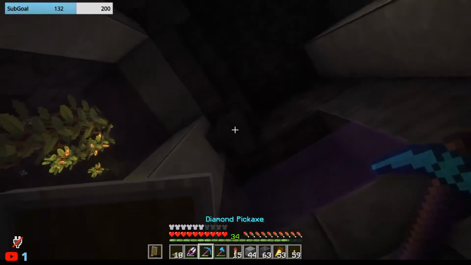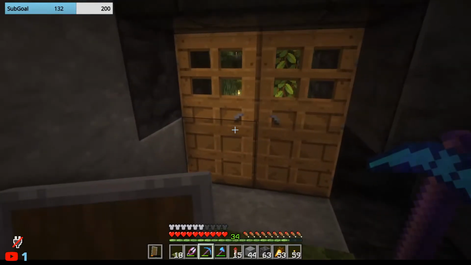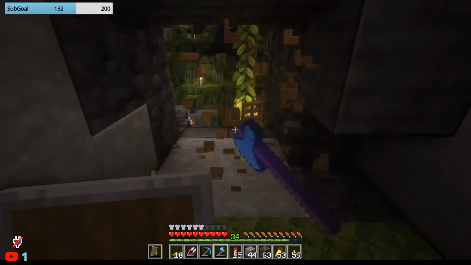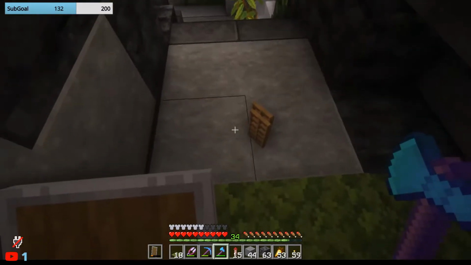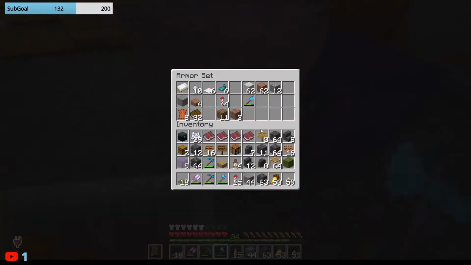But there's a way to do this, I think. Let's go ahead and play with it just to see what we get. I don't mind tearing up my door a little bit. This texture probably shouldn't be here anyway. All right, I need to put some stuff out. Let's get rid of this deep slate tile stuff. For now,